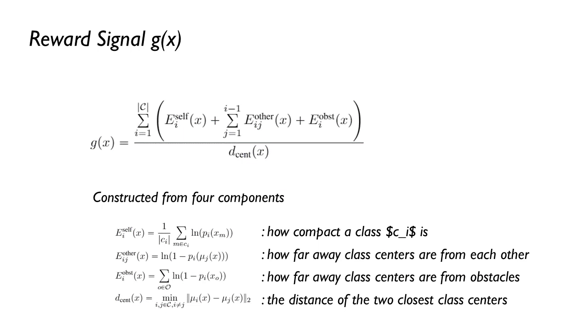The term E self increases as objects of class Ci are more compact. The term E other increases as the centers of classes Ci and Cj are moved apart. Similarly, the term E obstacle increases as the center of class Ci is moved away from obstacles. It eventually reaches a higher value for more sorted states. Therefore, by maximizing the reward signal, our planner will gradually aggregate objects of the same class and separate those from